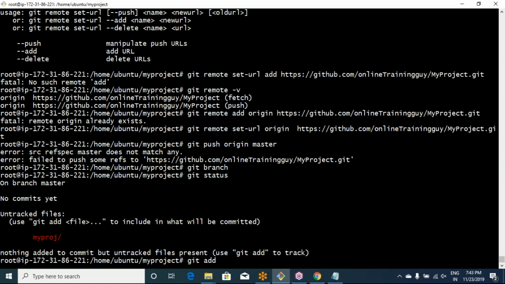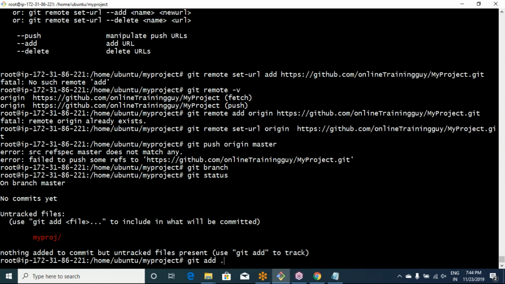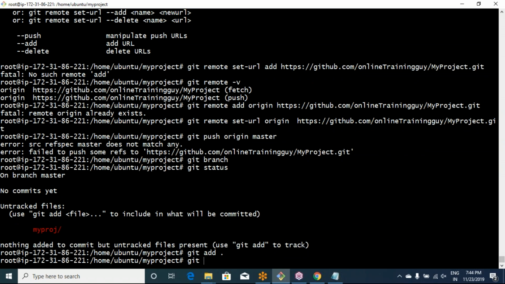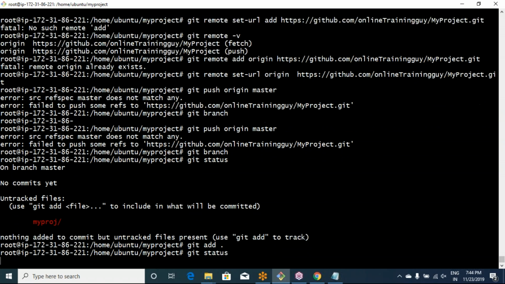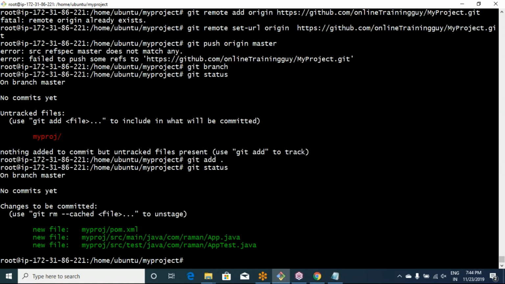So I need to add this, git add, and I want to add everything. Okay, so if I say git status now, there are some files which are to be committed. So if I say git commit -m, and if I say